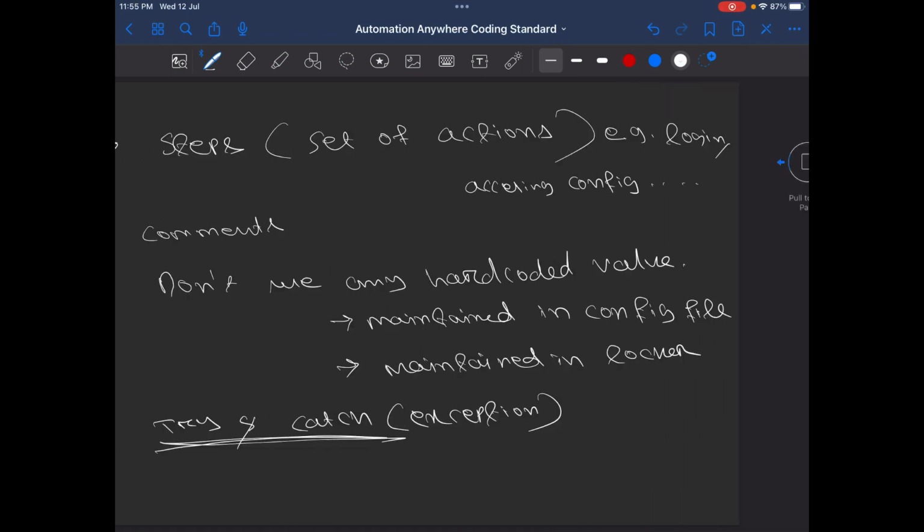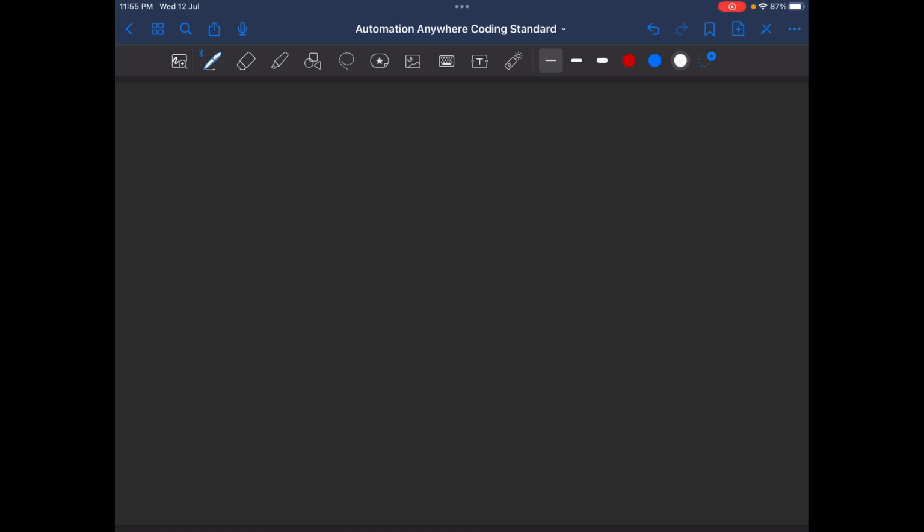And then next is what? Reusable component. For example, read config. Suppose you have created a bot for read config. You have to make it separate, so that in future if you build any other code, you just have to reuse this task file instead of creating a new one. Read config, folder structure,